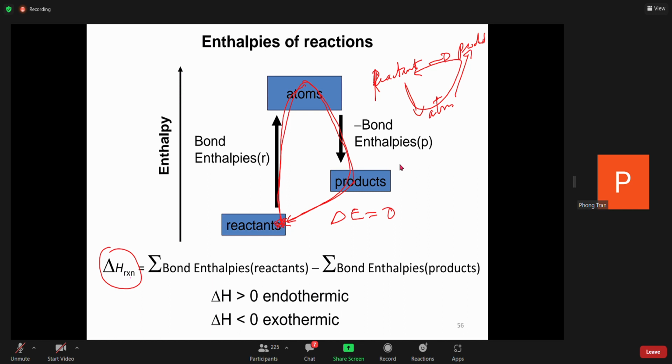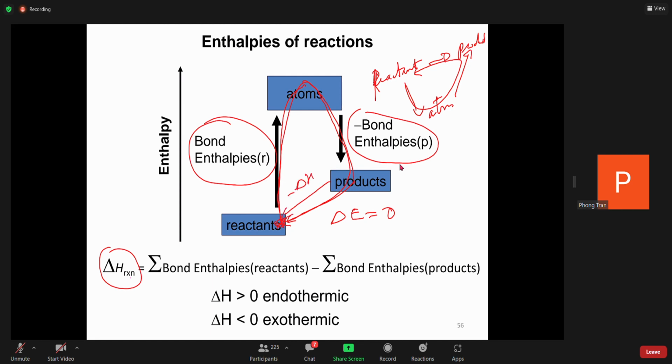So here you have the bond enthalpy of the reactant, and here you have a minus bond enthalpy of the product,